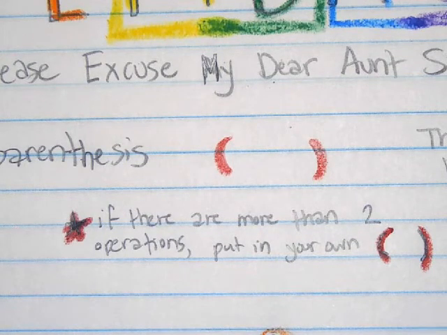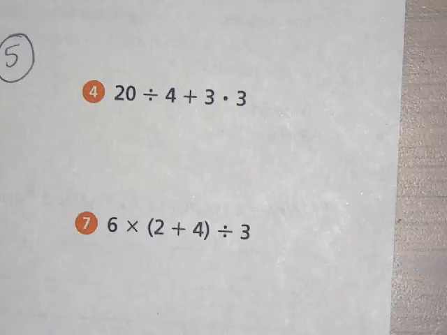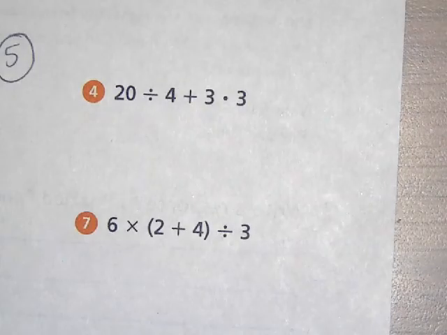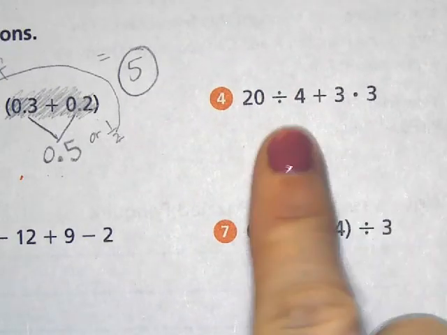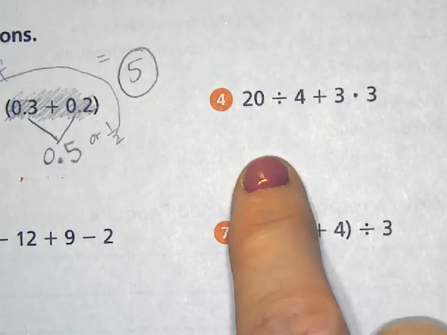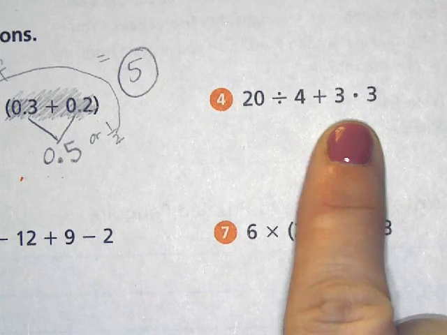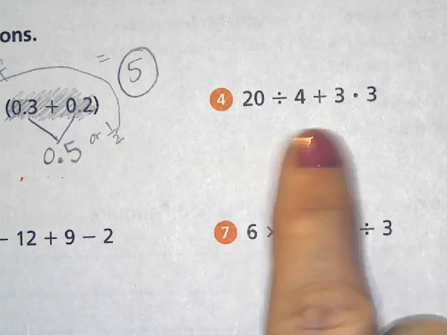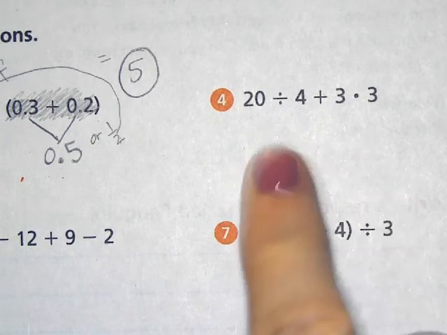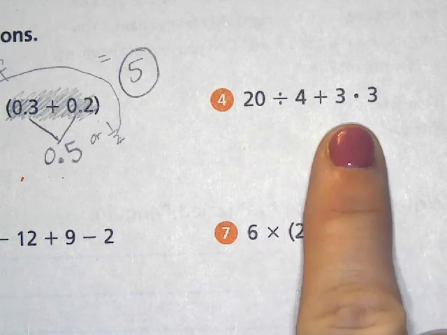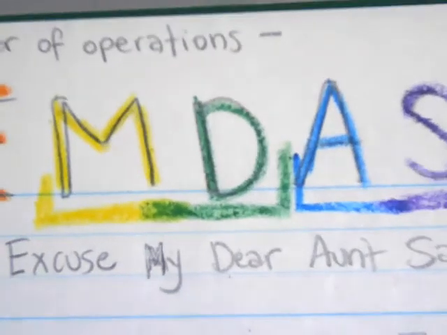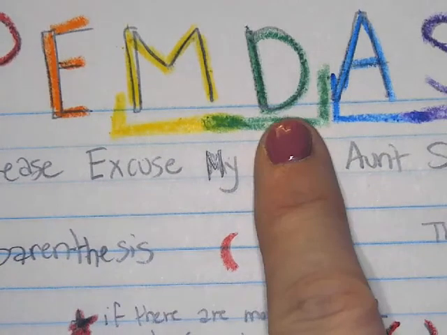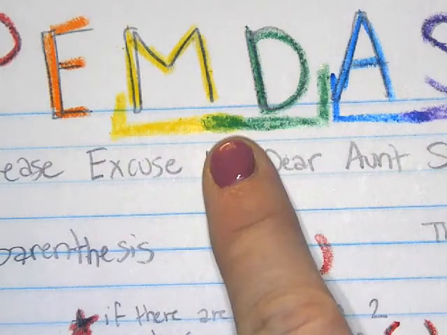So let's go back then to number 4. There are more than 2 operations. So I need to put in my own parentheses. Pick up your red. Where do they go? Should I be putting them by the divide? Should I be putting them by add or by multiply? Which one of these in this situation should come first? Divide, add, multiply. Well, if I look at my PEMDAS, divide, add, multiply. So I've got,